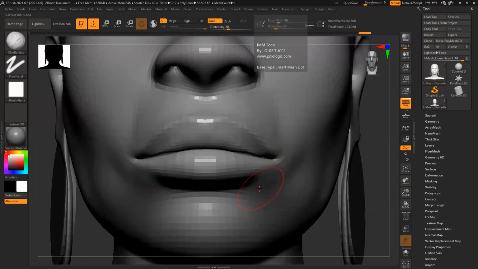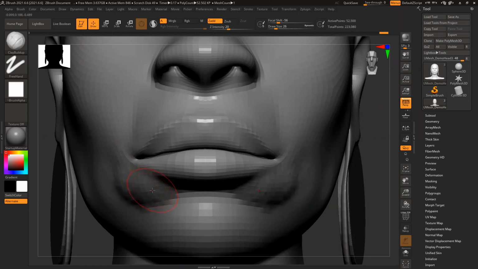Okay, now let's add muscle information. Under the lips, we have these two muscles. You can see that anyone has those two muscles. It's clearly visible. Everyone has it, either prominent or subtle, but it's there. So you always need to add that. But this is not there, so unless you have this, it will look odd. I forgot the name of this muscle. We are getting old now.